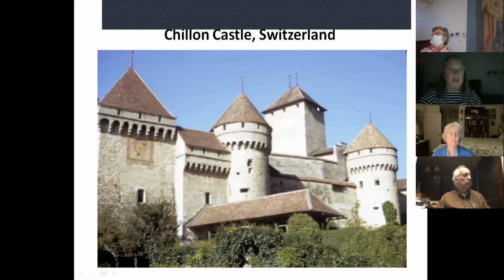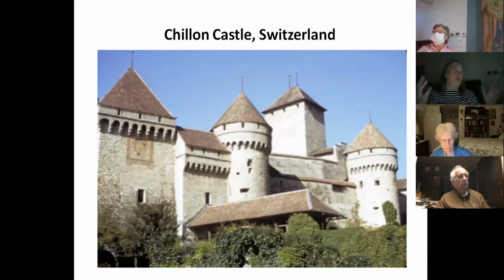is Chillon Castle. That's the way it actually looks. I went and visited it a couple years ago, and it's full of turrets and romance. It's particularly the dungeons of this castle that most people visit, or spend the most time in, because famously people were thrown into these dungeons under the towers and then just left to live out their lives. And Byron wrote a very